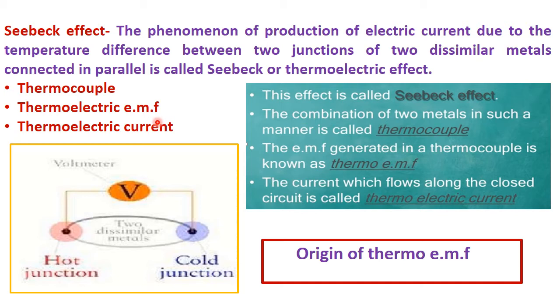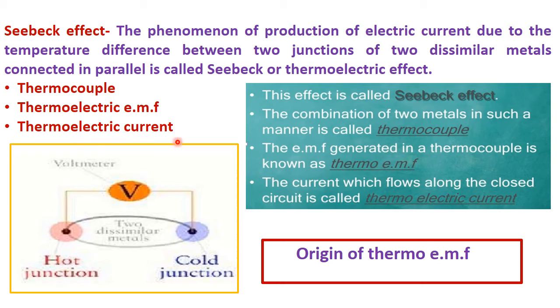This EMF or current is produced because of the temperature difference maintained across the two junctions. The EMF produced in such a manner is known as thermoelectric EMF, and the resulting current is known as